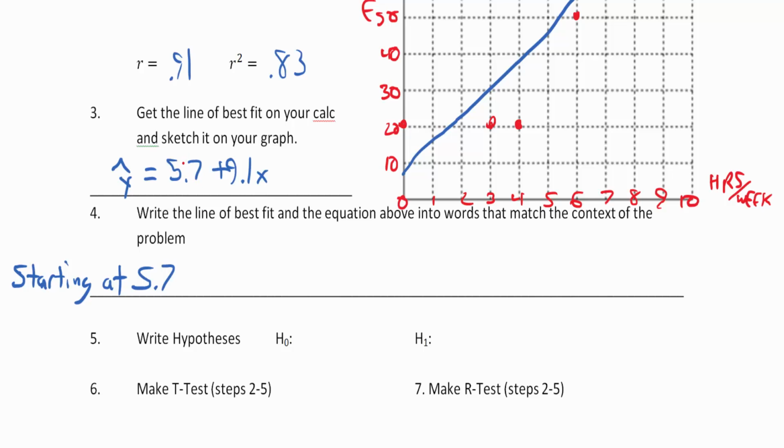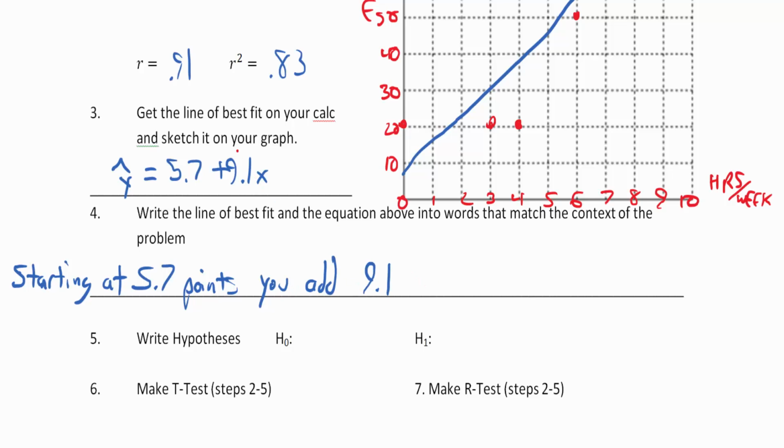And since this y-intercept is a y, it's going to be y units. Starting at 5.7 points, you could also say percent if you'd like to. Starting at 5.7 points, you add, you could also say other synonyms for add, like go up or move forward. You add